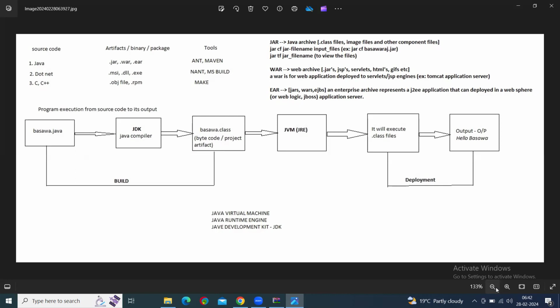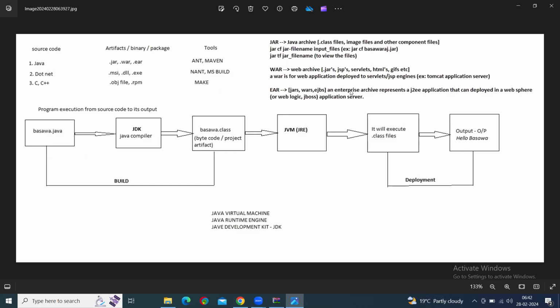So as I told you, in Java, developers are going to write the source code. And now I'm going to use Ant to compile this source code and create a package, a jar or war, whatever is required for the project. Okay. So for that we have Java already installed. See here, if you see the diagram,